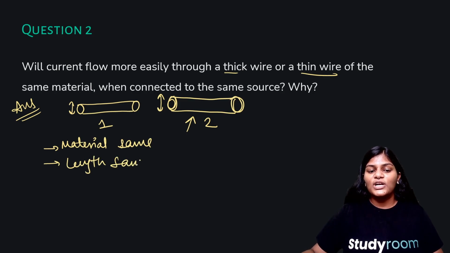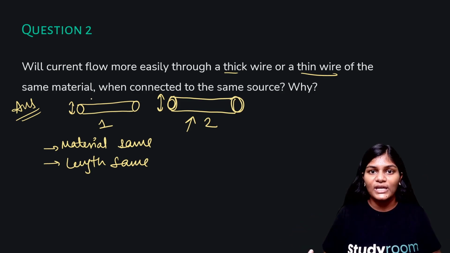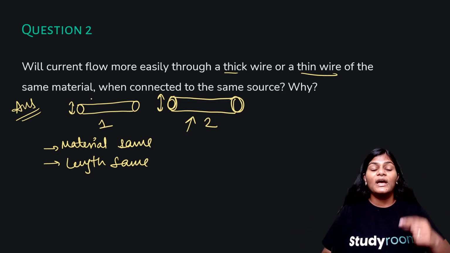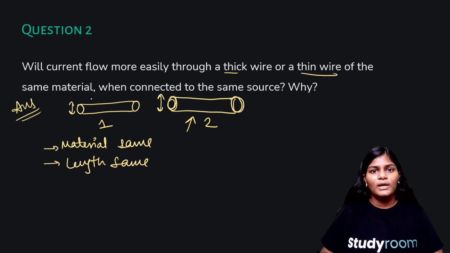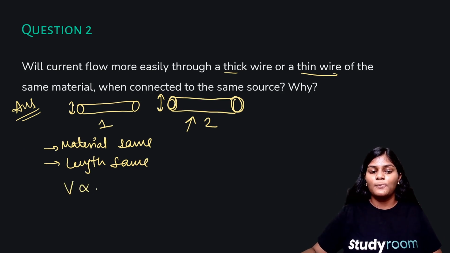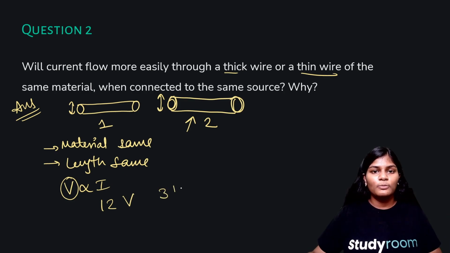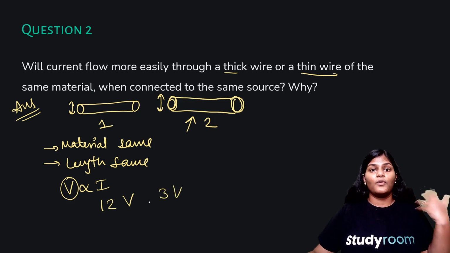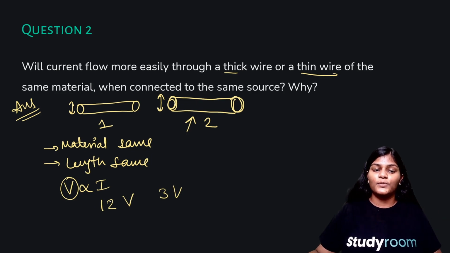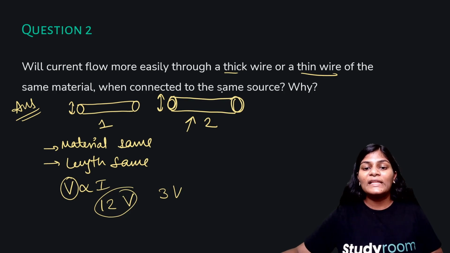So now we're going to just focus on, because we can see that in a thick and a thin wire, what is the thing that is changing? The area is changing. And what does the current flow depend upon? Because it's told us that the source is same. Maybe you might think, oh, V is proportional to I. So if there is a source that has a higher voltage, say we have connected a 12-volt battery, it would give much more current than a 3-volt battery. So you would say, oh, how would more current flow? It would flow by attaching a higher voltage source. That is why they've also told you that it's the same source.